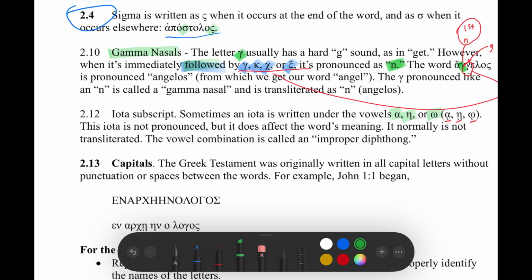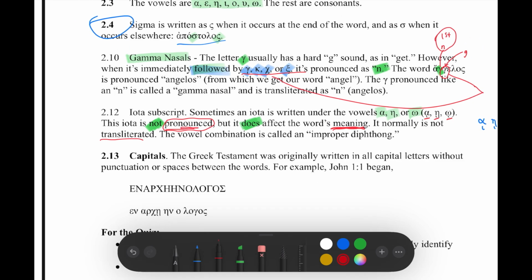So when that shows up, it's not pronounced, but it does still convey some important grammatical significance. As I say, it does affect the word's meaning. So not the pronunciation, but it does affect the word's meaning. It normally is not transliterated, so it's not typically going to show up if someone's trying to write a Greek word with English-sounding words, again, because a transliteration